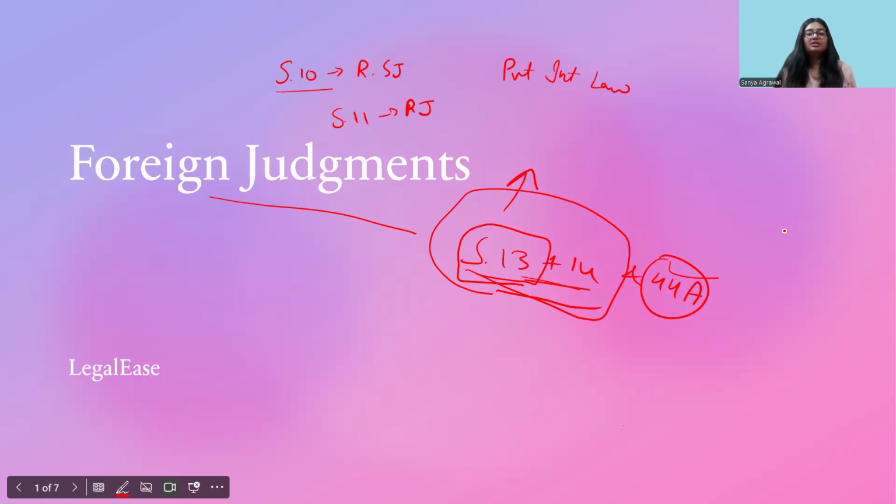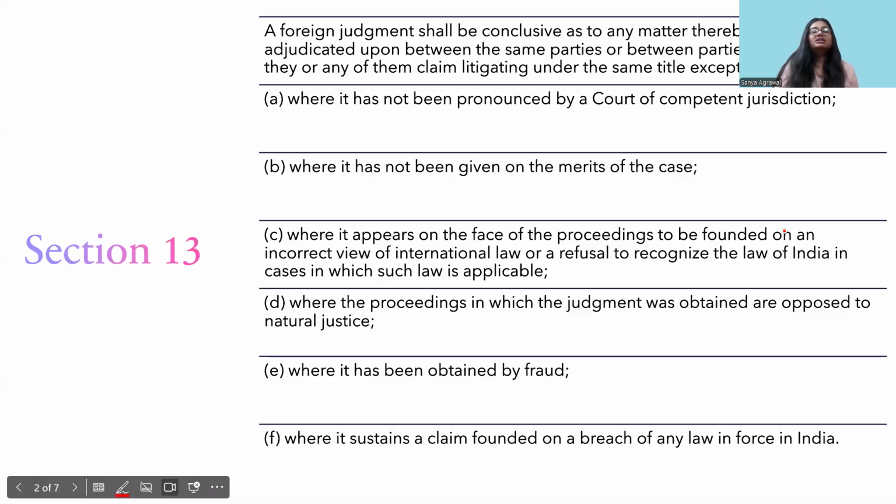Now, these provisions are given in reference to private international law. All the countries around the world are sovereign countries, and we respect their sovereignty. To give respect to their sovereignty and to the decisions given by their courts, we have these provisions wherein once a decision is given by a foreign court, we respect that decision and consider it a final decision and do not question it in Indian court if it fulfills all the requirements of our Indian laws. So we'll see those requirements under section 13, and after understanding that, it will be clear to us that these types of decisions are considered valid.